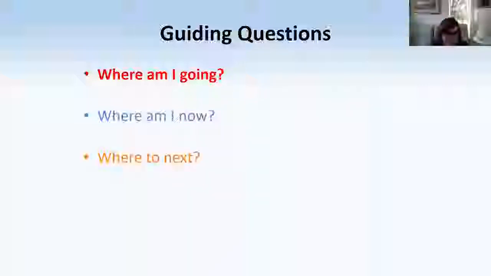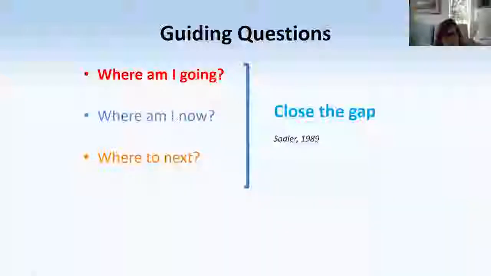And then the third question, where to next? Okay, if here's where I am now, what do I as a student need to do, and what does a teacher need to do to support me to continue to move forward in the lesson? And if you remember, I'm hoping you do, the whole point of these three questions is to really help teachers and students together to close the gap. And as I explained in the face-to-face session, this isn't the achievement gap. Unfortunately, we still have an achievement gap.